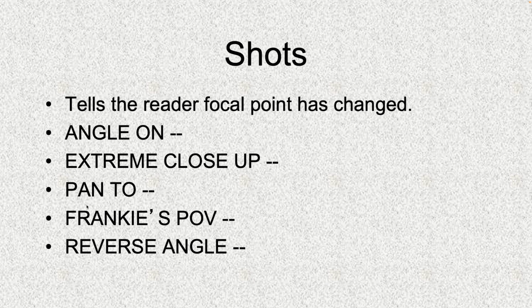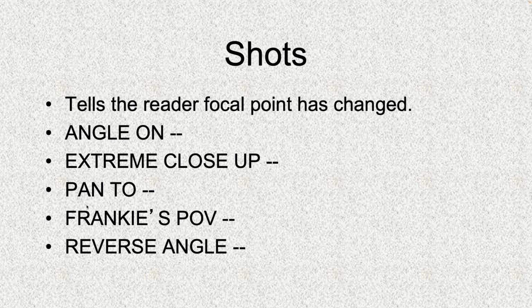Anyway, shots. Also, this is basically telling the cinematographer how to shoot the film, and they're going to be like, no, I'll shoot the film how I want to, which is their job. That's what they do. They come up with the shots. So screenwriters usually don't say things like angle on, extreme close up, pan to, Frankie's POV, reverse angle. All this terminology is suggesting a certain type of shot. Like if you want an extreme close up, you say that somebody is crying and they've got tears rolling